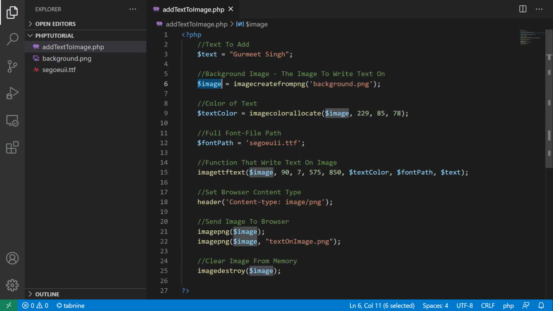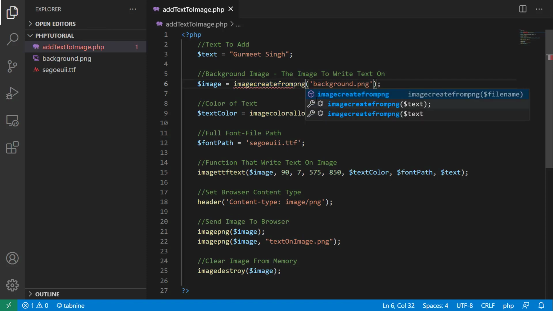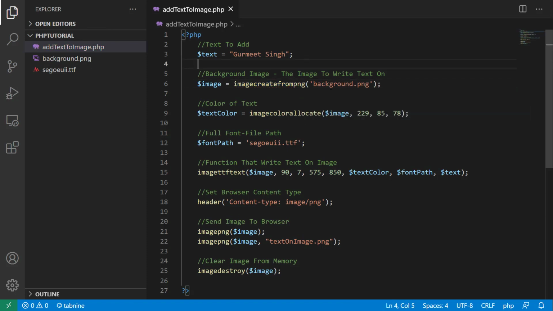So basically this is a PHP image object that we will create using the GD library function imagecreatefrompng. So if you're using a JPG image, you can use the JPEG function as well. But today I'm using just a PNG image, so I'm using this function. Here you need to specify the full path of the image. In my case, the image is in the same directory as the PHP file, so I'm not specifying the full path, rather I'm just specifying the full name of the file with extension.